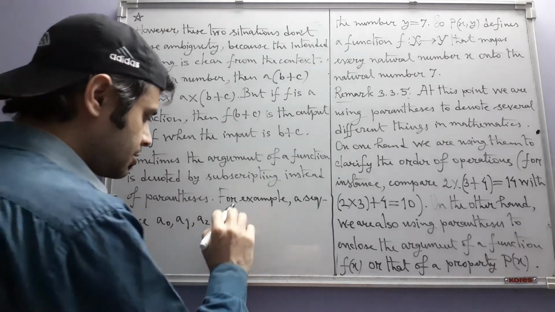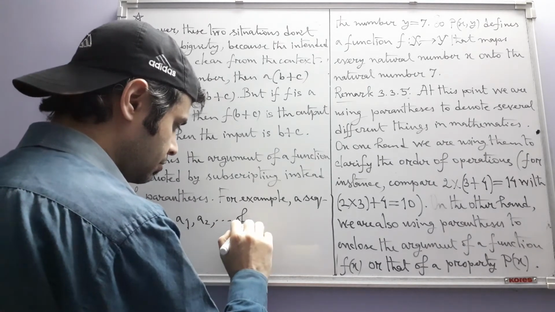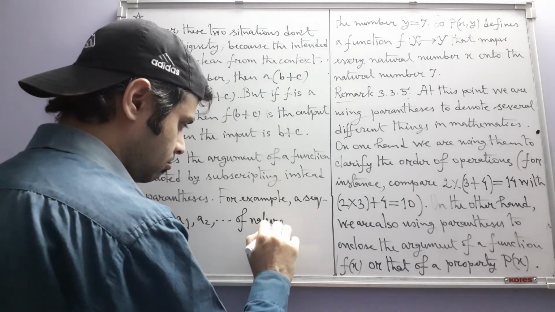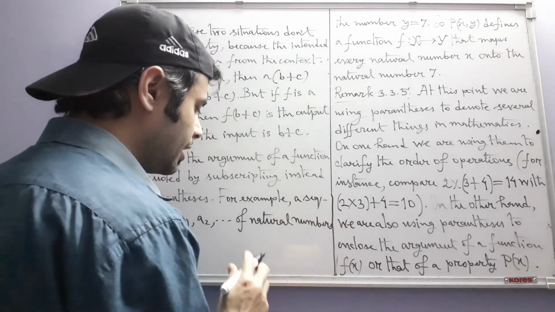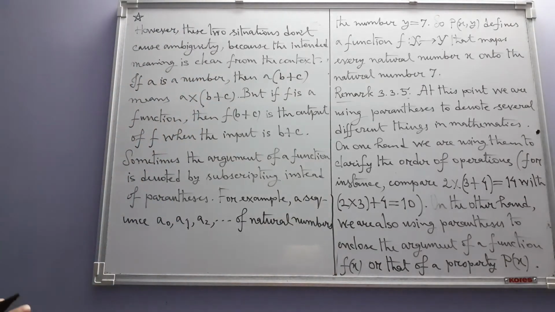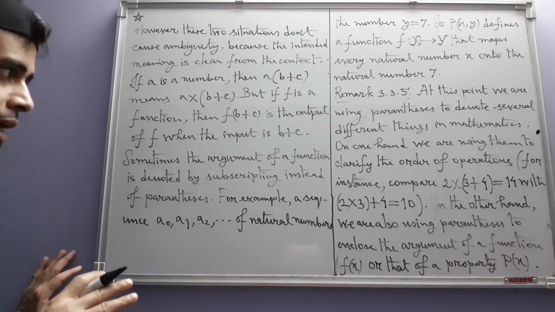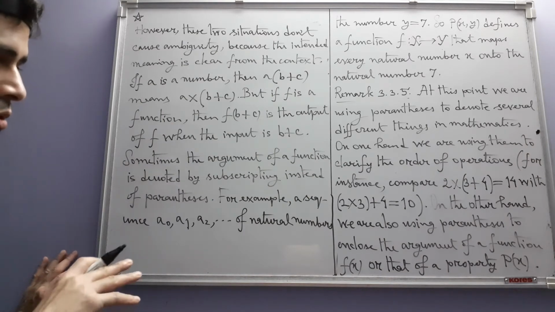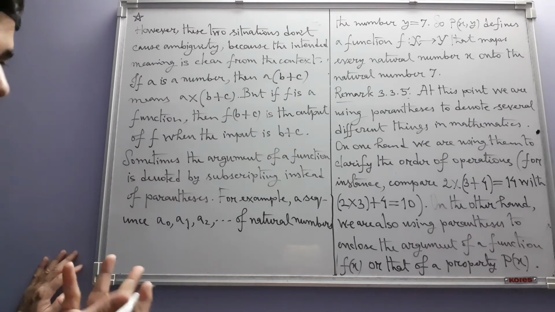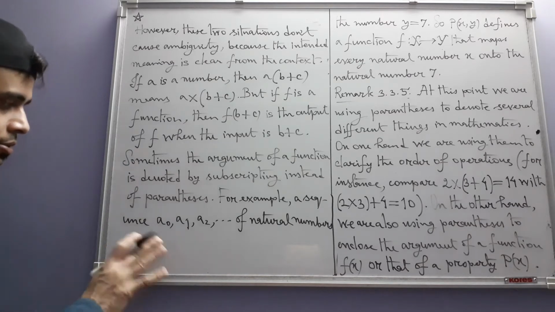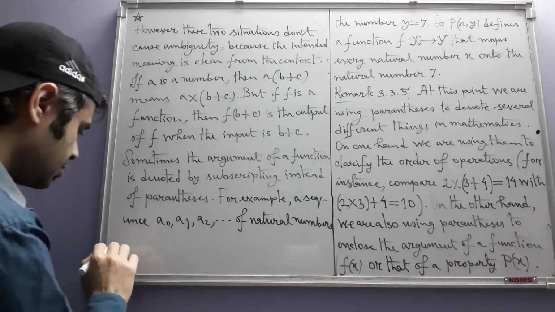A sequence of natural numbers. We are taking a sequence of natural numbers because remember that that's what we have till now. We don't yet know about integers and other higher number systems. So a sequence of natural numbers is